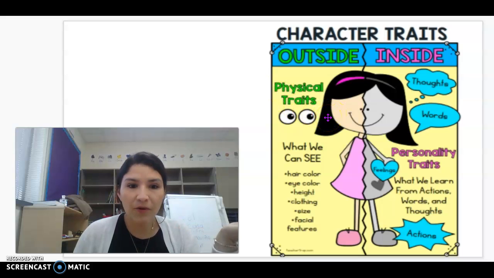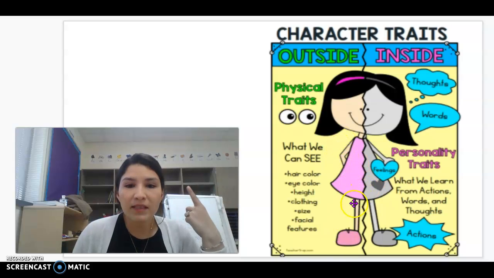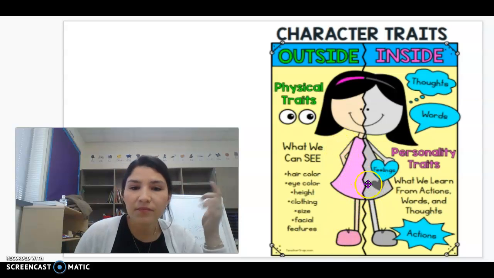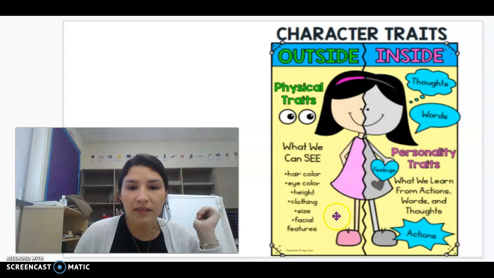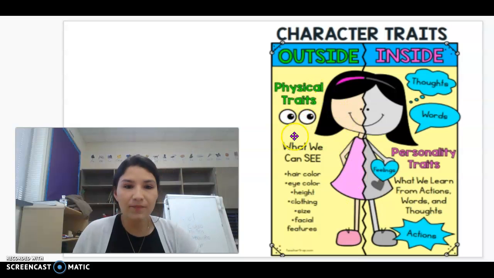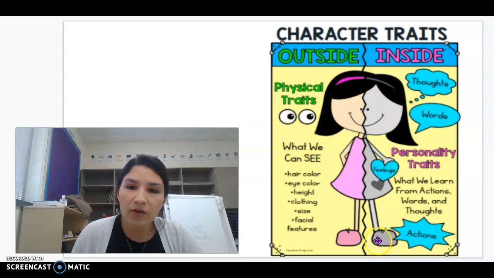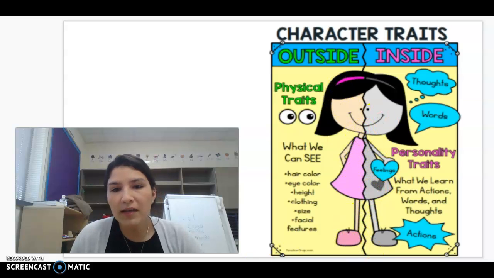Try that word. Say that word. Physical traits. Good job. What we can see: the hair color, eye color, height, clothing, size, facial features. Okay? So what you can see on the outside. That's why with this little girl, you can see the color of her hair, her dress, and then on the inside,